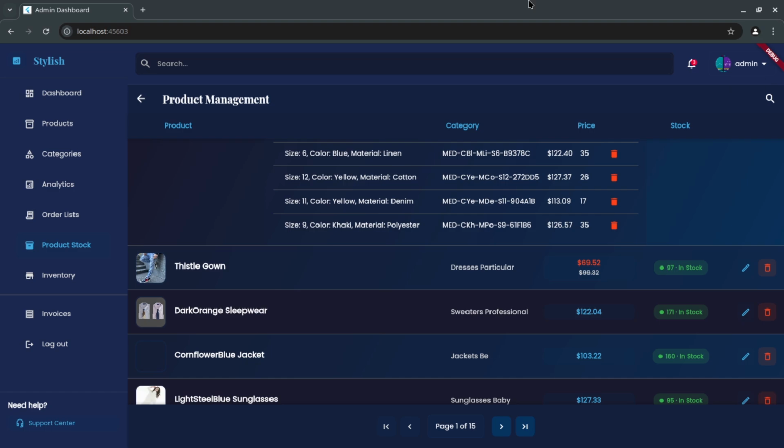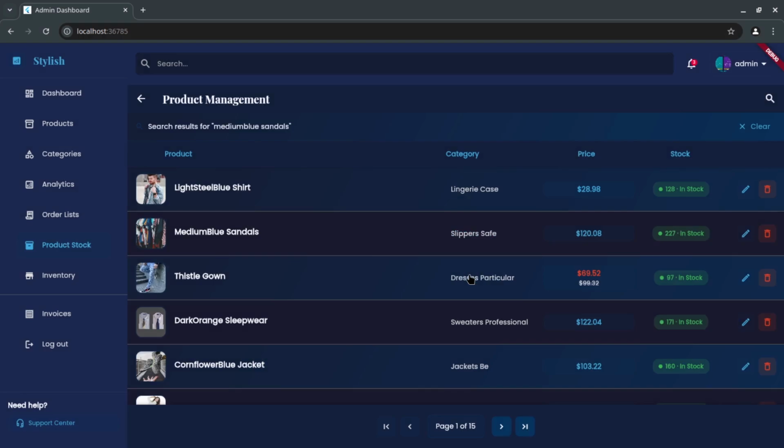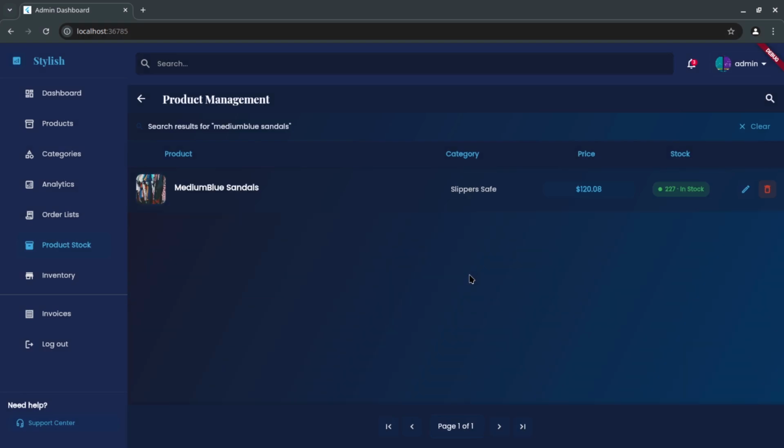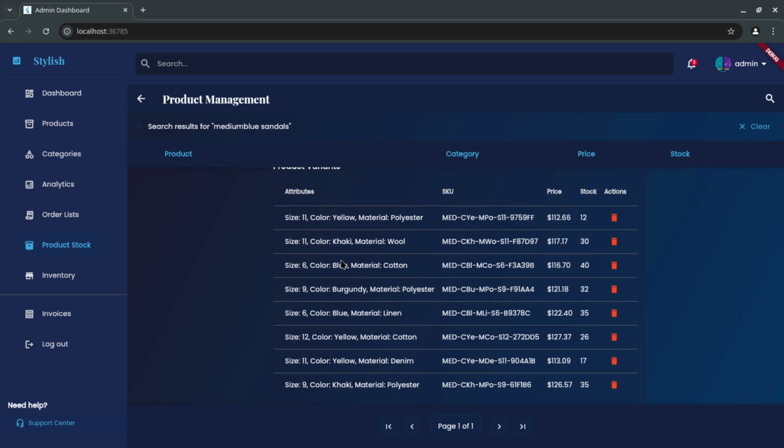For example, let us pick medium blue sandals. Then you click search. Let us see. So as you can see, it is giving us the medium blue sandals only. Then it tells you search results for the medium blue. Then you're able to go back to the products. After that we have,